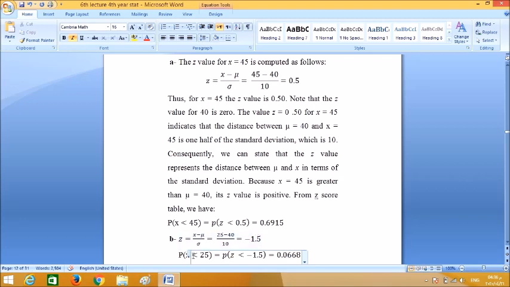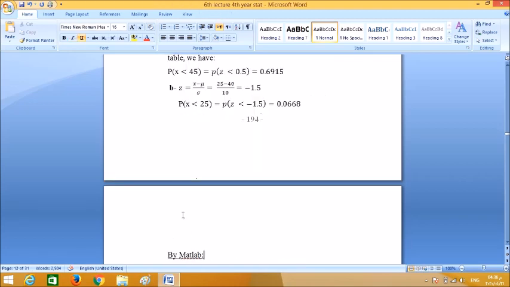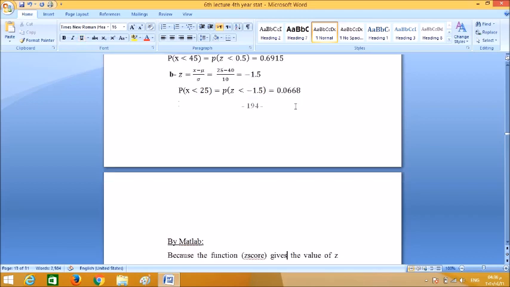So the probability that x is less than 25 equals the probability that z is less than minus 1.5, which equals 0.066. By MATLAB